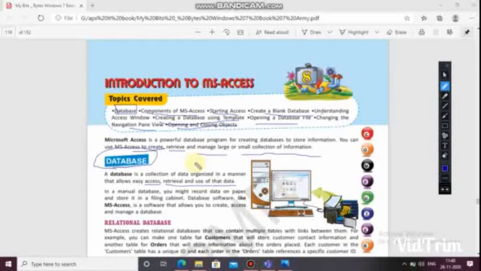Next, in a manual database, you might record data on paper and store it in a filing cabinet. Database software like MS Access is software that allows you to create, access and manage a database.